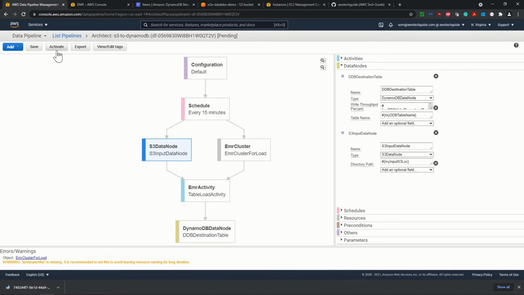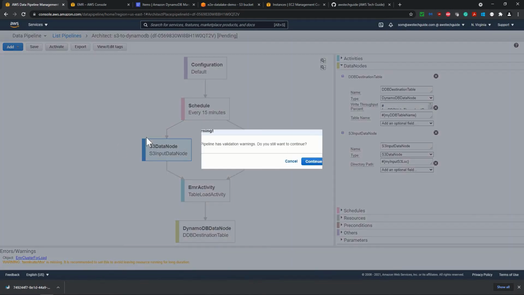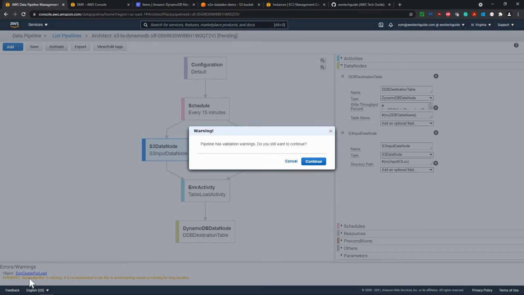What I am doing is clicking on this activate button. It is showing the pipeline has a validation warning, do you still want to continue? It is showing at the footer part that terminate after is missing. You can add the terminate after attribute over here, but since it is a warning only, I'm not giving importance to this. But if it is an error, definitely you have to fix it before you continue. Now I'm clicking on continue,